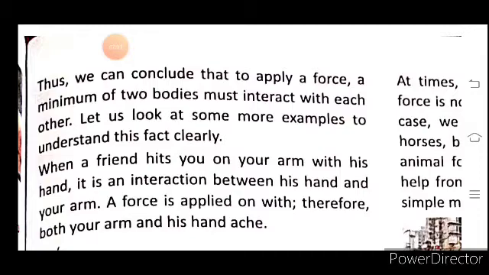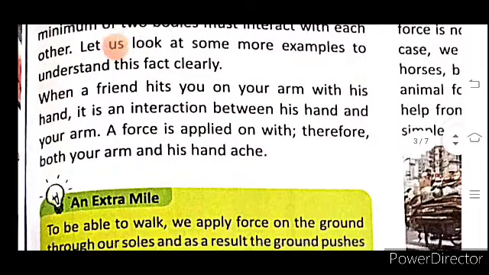Let us look at some more examples to understand this fact clearly. When a friend hits you on your arm with his hand, it is an interaction between his hand and your arm. The force is applied on both, therefore your arm and his hand ache. ache का अर्थ होता है दर्द।